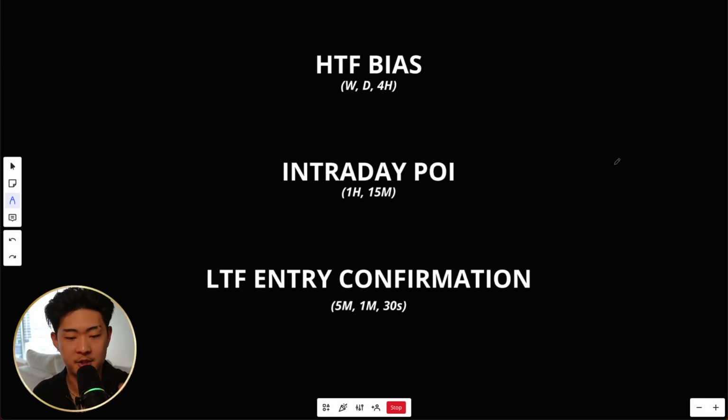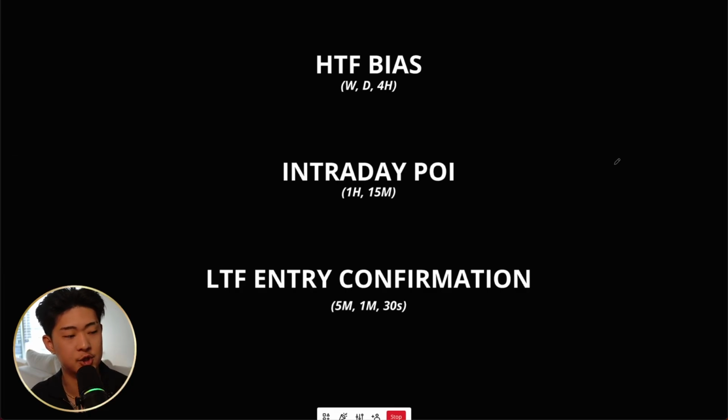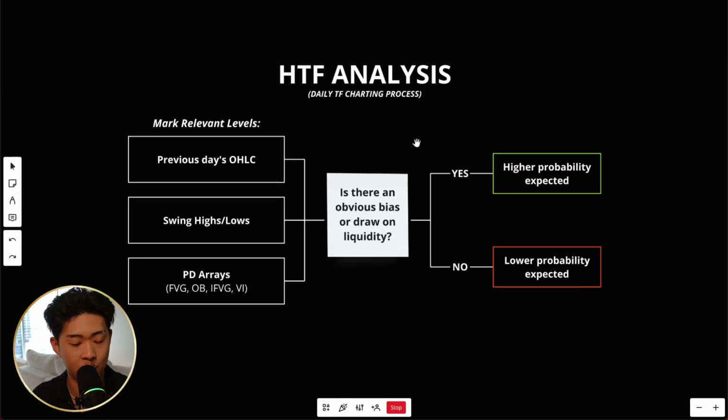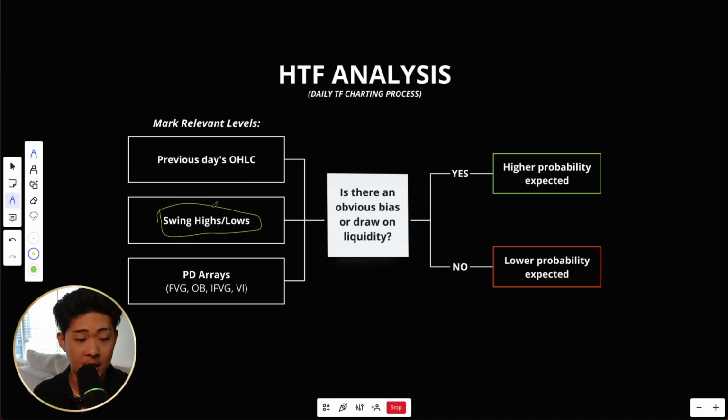Now that we've covered time and price, we're going to go ahead and jump into my actual daily analysis process that I use on the charts every single morning. So starting on the higher time frames, this is what I'm doing every day to mark out my levels. The first thing I'm doing, I'm marking out the previous day's open, high, low, and close. The next thing you're marking out is any swing highs or swing lows that are obvious. If there's any obvious points we can use as draws on liquidity, you want to mark those swing highs and